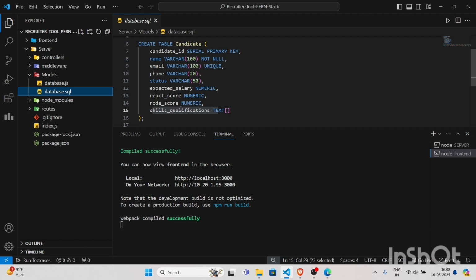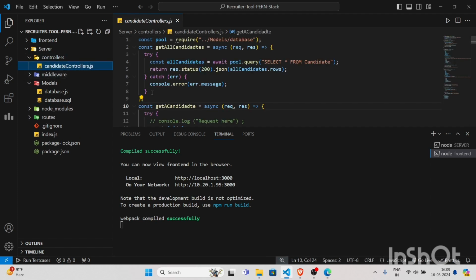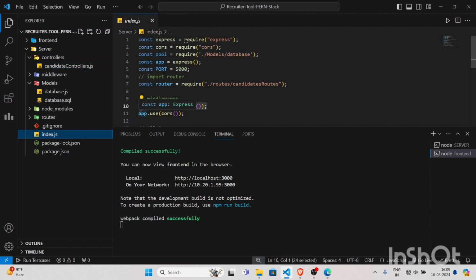Now coming to the view, the view is responsible for presenting data in the front end. And lastly, the controller. The controller acts as an intermediary between the model and the view, which handles user requests and responses. This controller layer contains the logic to process the incoming request, validate data, and interact with the model layer accordingly. Now this is an Express app, and Express.js has been used to set up the API routes,